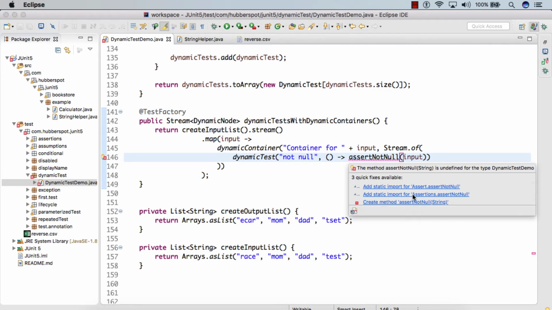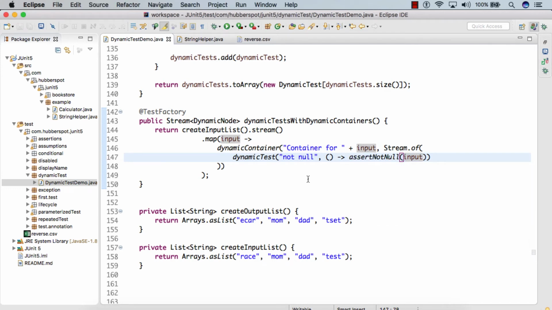We'll import assert not null. So here this dynamic test has a display name and an executable. So here the dynamic container contains one dynamic test. For each string, this dynamic container has a dynamic test which simply asserts that it's not null.